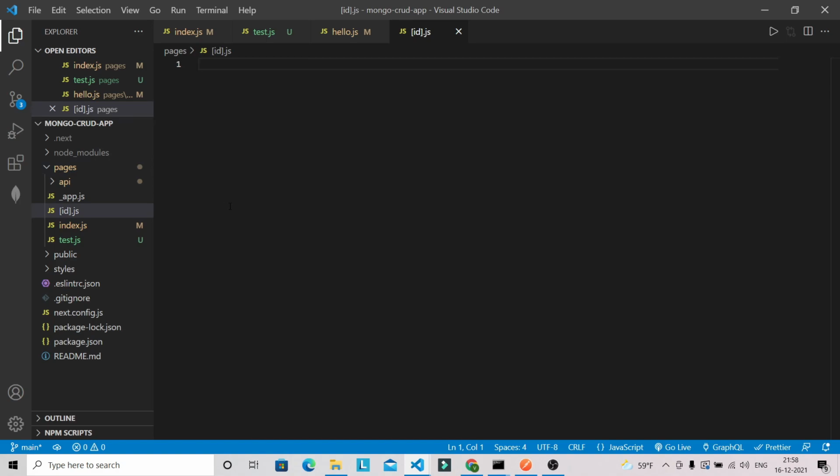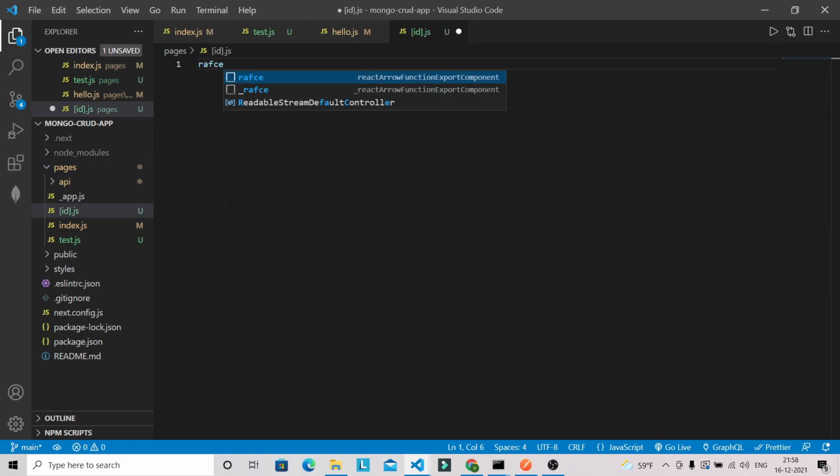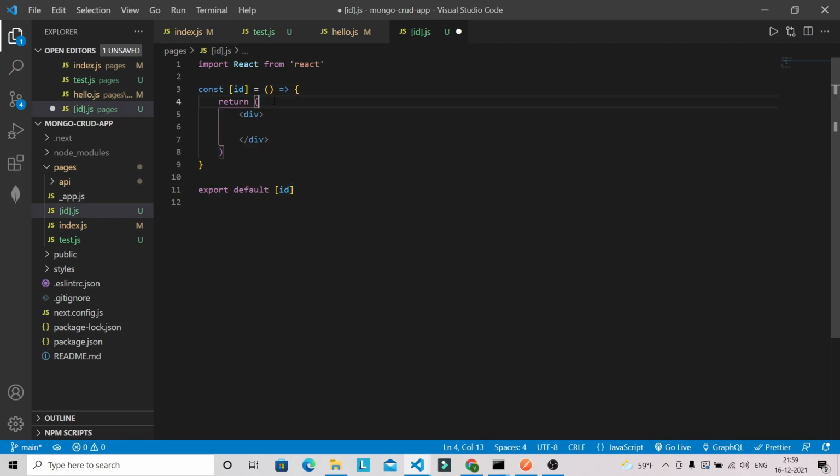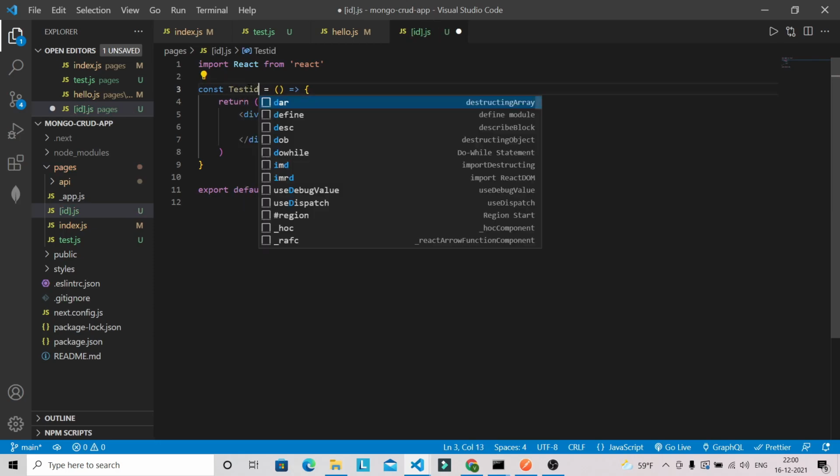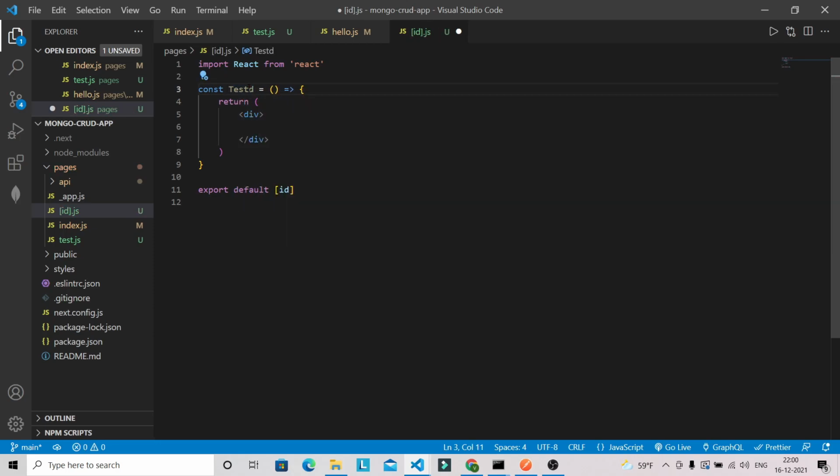This way you can create a dynamic route, and you can give some content here, like test id, testing id.